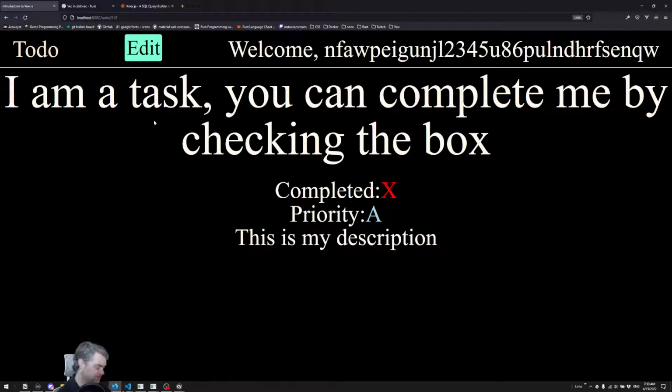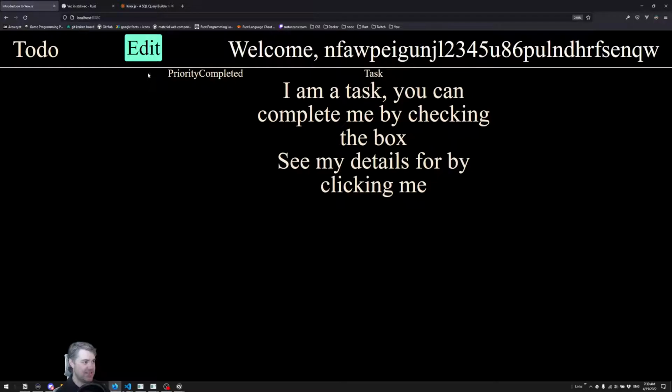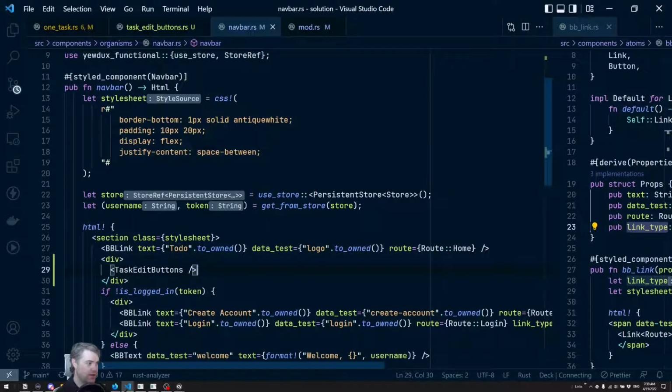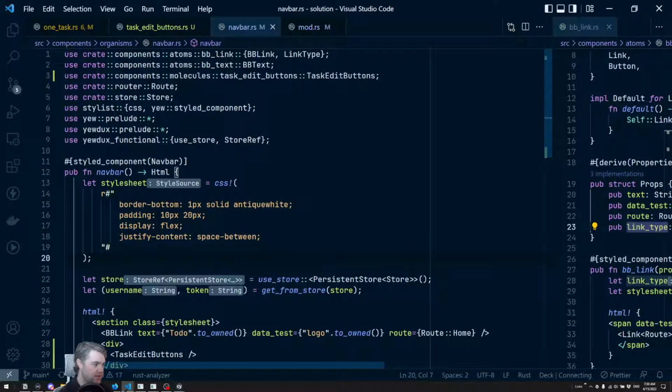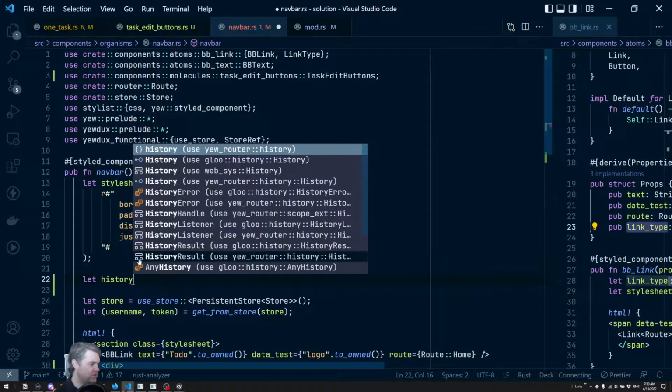Okay, so that does mean we need someplace for it to take us to. Also, we want to make sure this doesn't exist back here. So we want you gone at this point. Let's see if we can get that. What is it called? We can get what route we're on. And I think we can with a use statement. It's one of the use statements. So like let... I think it's the history